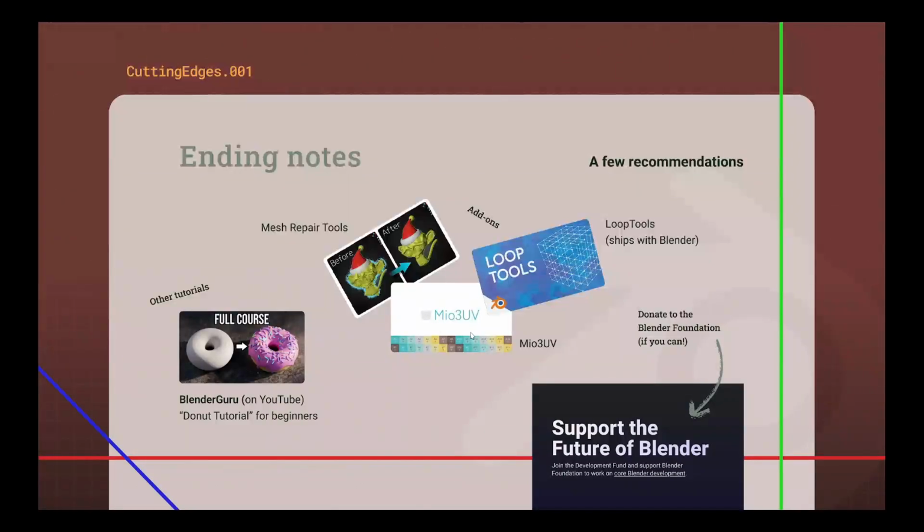But this one extension, Mio3 UV, lets you do a whole bunch more stuff with your UV maps, such as rotate them, smooth out some of the edges, re-unwrap things inside of a specific selection. You can try to symmetricize your UVs based on a singular point on your UV editor. So really, really useful. And all of these are free,